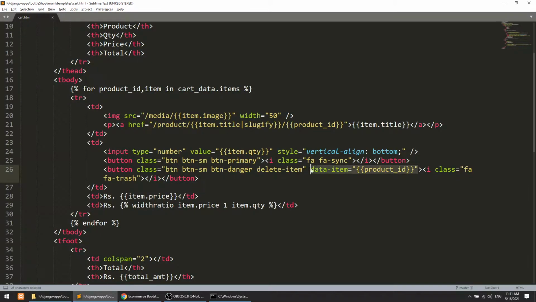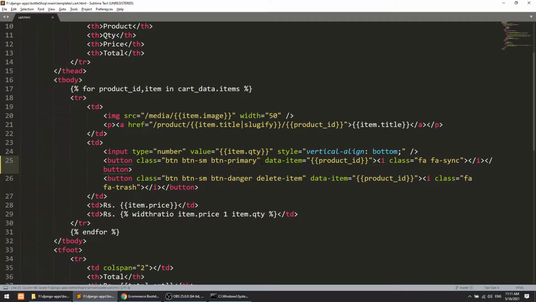I will add this attribute in the update button also, and here I will add update item. Now when we click on this, I will get this item ID, and then we will implement the server side cart functionality. We will manipulate the cart data.